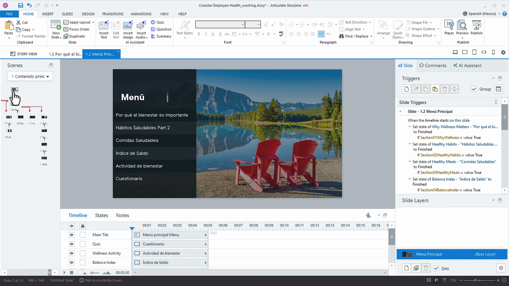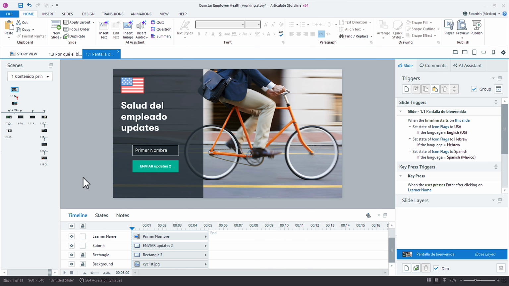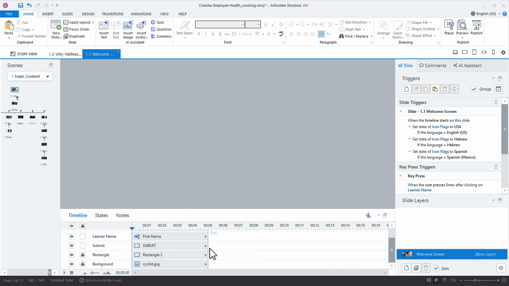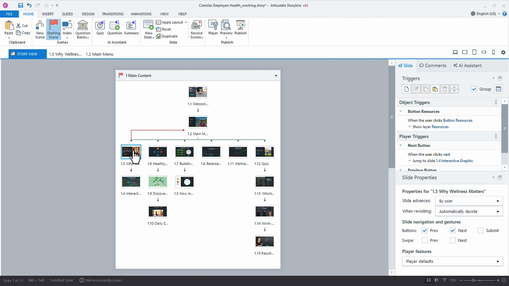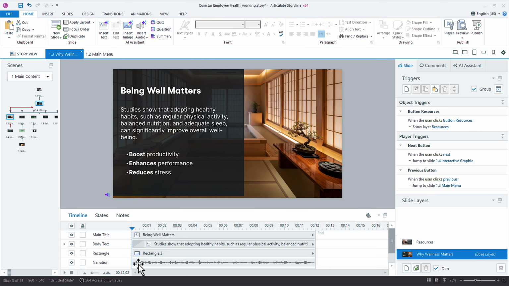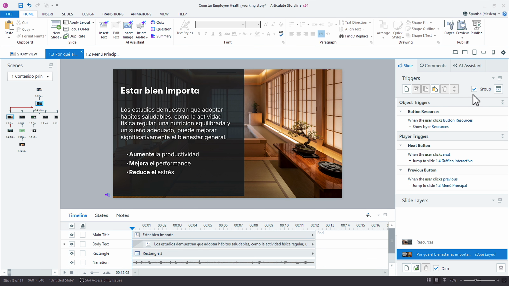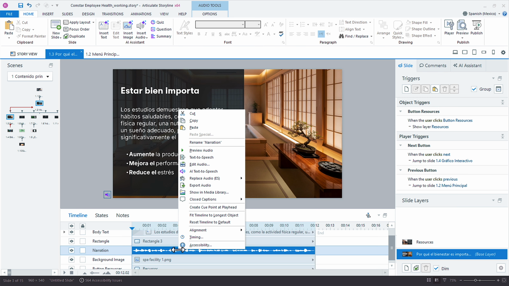Now we can also do some additional changes here with, let's say, audio. So let me go back to English. Let me go to story view. I know I have some language files in here, right? So here's my narration. Now what I can do is if I've translated this into different languages, I could come in and let's say we'll come into Spanish and I'm going to replace this audio. So just come in here, right click the audio file, and then I can see right here, replace audio Spanish